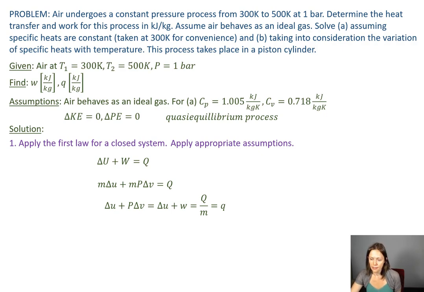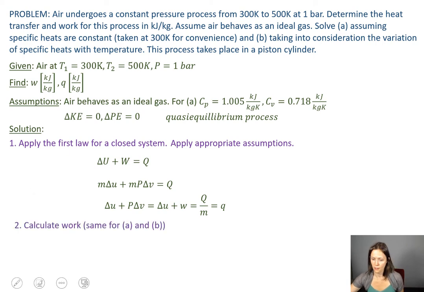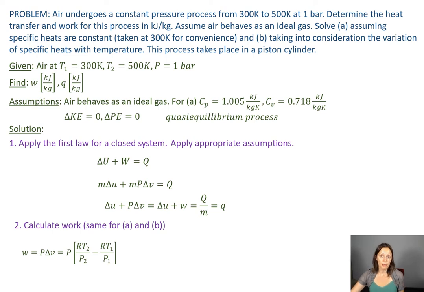All right, so there we go. I'm going to calculate my work, and my work is P delta V. It doesn't really matter whether I'm assuming specific heats are constant or not. It's the same equation that I'm going to use. It's P delta V, so it'll be the same answer for A and B. Now I've got pressure, and then my delta V, this is the change in specific volume. And you remember that specific volume, you do have ideal air tables, but you don't have a specific volume column right there. So what you'll need to do is apply the ideal gas law to calculate V2